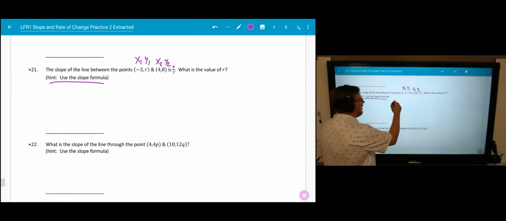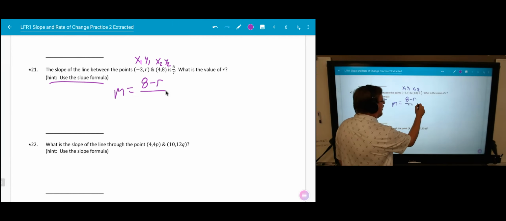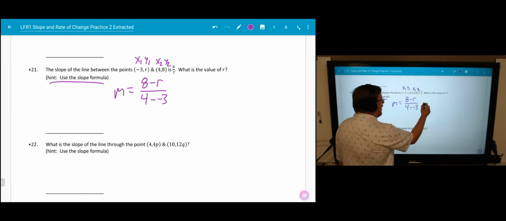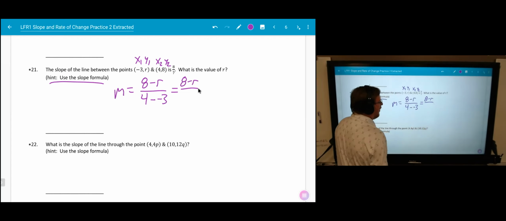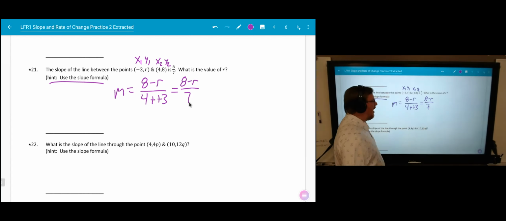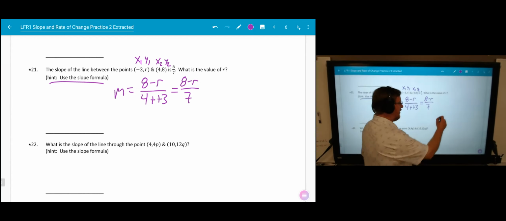My slope formula says that I have y2 minus y1, which is 8 minus r, divided by x2 minus x1, 4 minus negative 3. And if I simplify, well, I can't simplify the top. That's still just 8 minus r. The bottom, though, I can simplify. That becomes 7. Now, I need to find the value of r that makes this